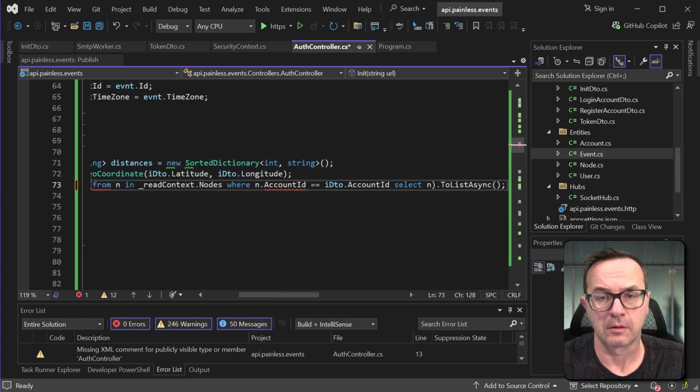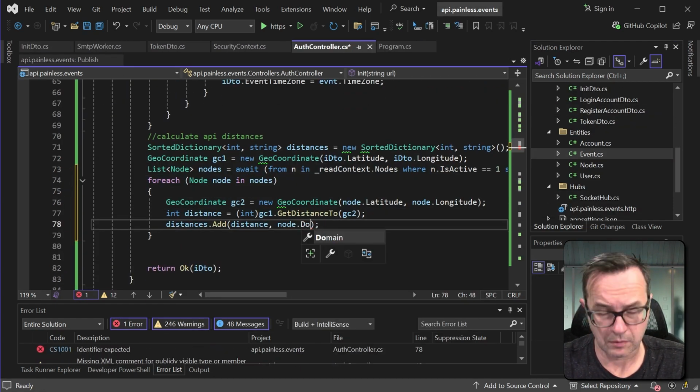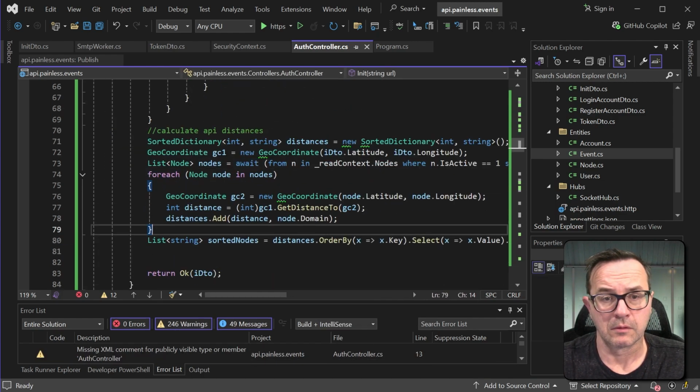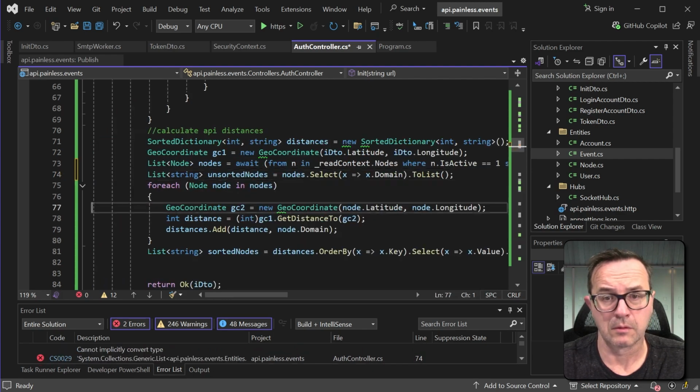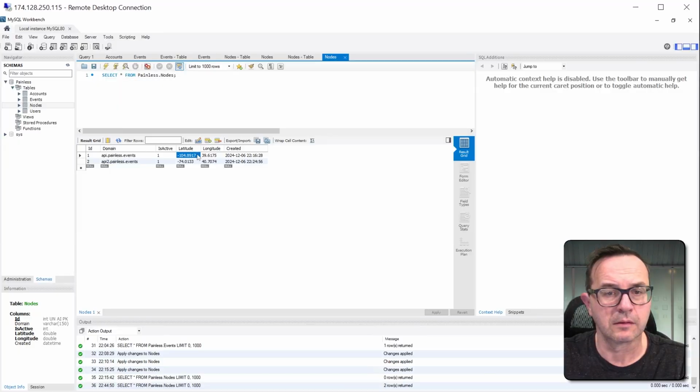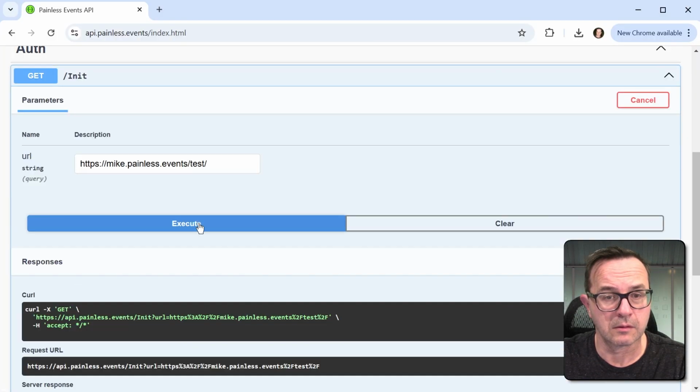The sorted array will have the nearest server in first position, while the unsorted array will have the first server in the table returned first. Eventually I'll need both arrays on the client side. The debugger throws an error. I had mixed up longitude and latitude in the database when populating the server's coordinates, so I swapped them and